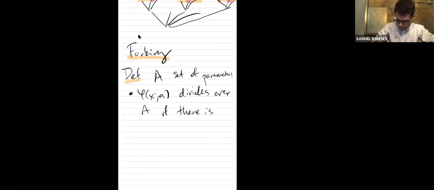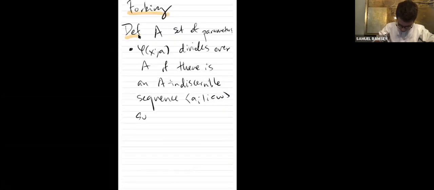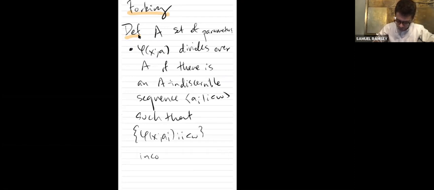So the first thing we're going to define is dividing. So phi(x, a), where a will be a set of parameters, phi(x, a) divides over A if there is an A-indiscernible sequence (a_i), i less than omega, such that if I move my formula along this indiscernible sequence, I get something which is inconsistent. Okay, so dividing,